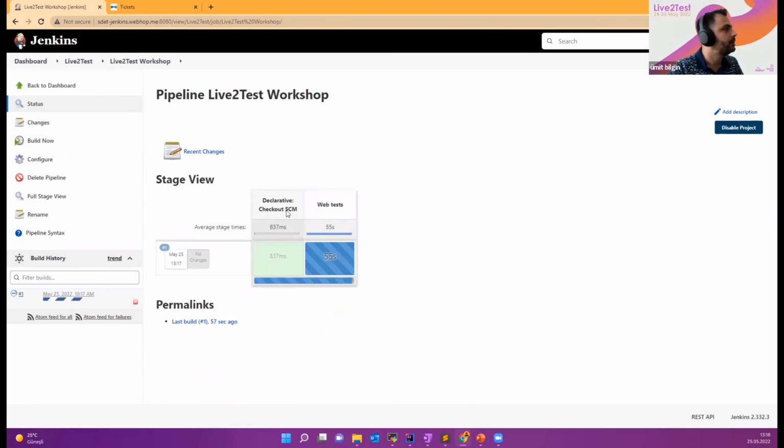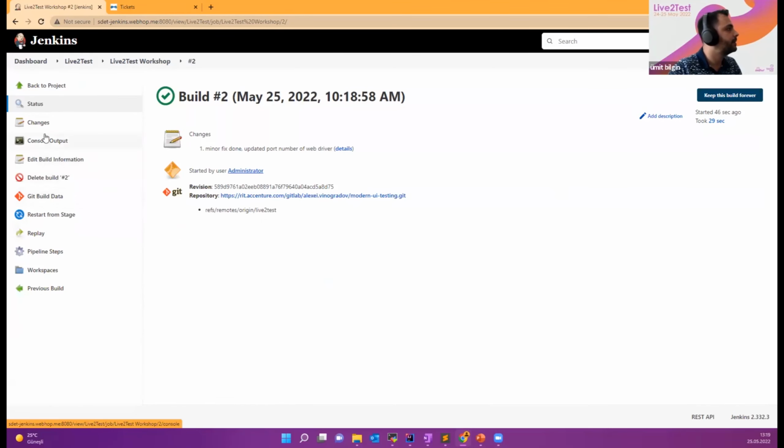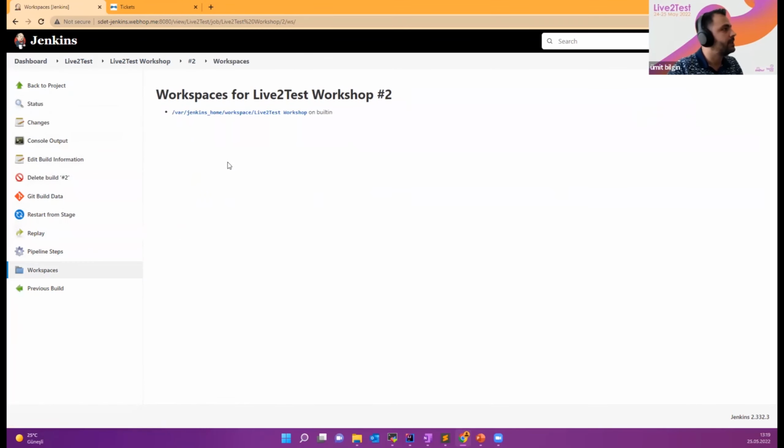Okay. Yeah. So the build is successful. Tests are run and completed, and we can see the logs of the run, and you can even check the JUnit reports under workspace. But I'm asking again, is it enough yet?